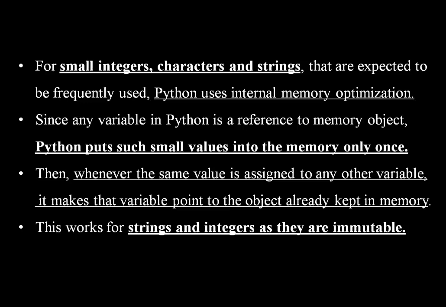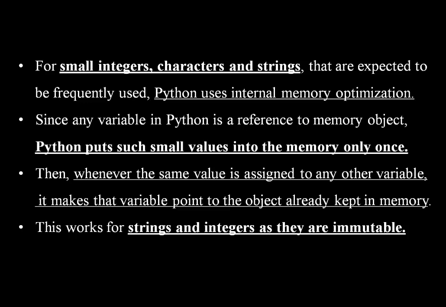Why this is working for integers, characters and strings is because they are immutable. What is meant by immutable? You cannot change the value which is already present. Mutable means you can change the value. That is the difference between immutable and mutable. As of now, you only understand that immutable means you cannot change, mutable means you can change. Only this much you understand now. Later I will tell you in detail what it is. You will be studying in the upcoming videos what is mutable and what is not mutable. Okay.